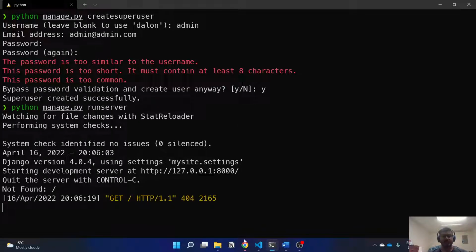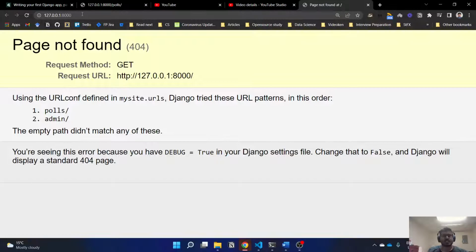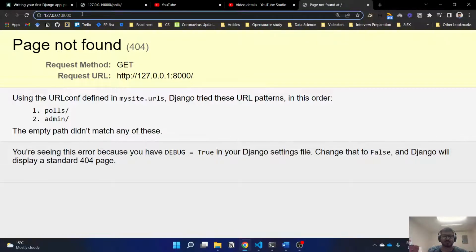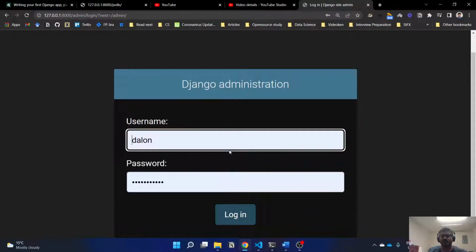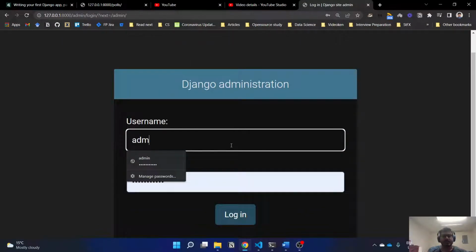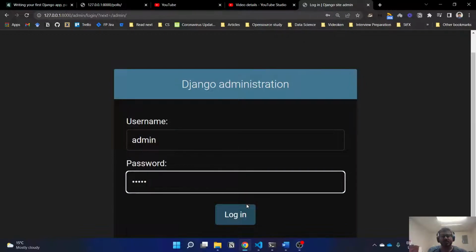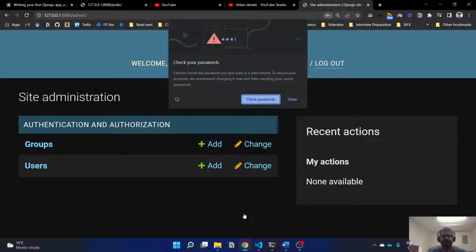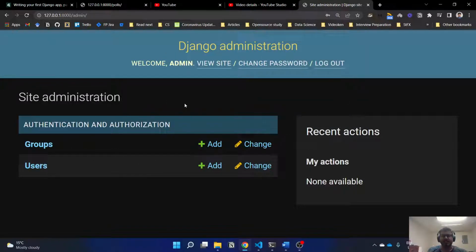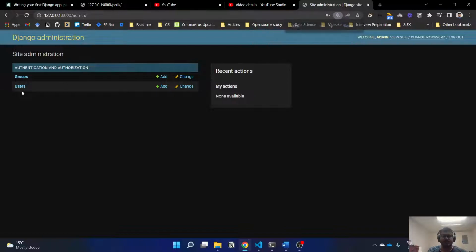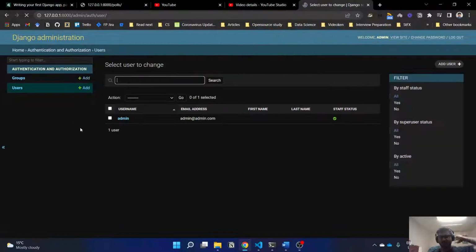Let's open this, click on it. So you see that there is no path, but if you type /admin, enter, you have the admin URL opening up. So let's type admin, and the password is also admin, login. So you see that we have a layout like this. I'm going to zoom out a little. You have groups and users, where you can see that there is only admin, who has